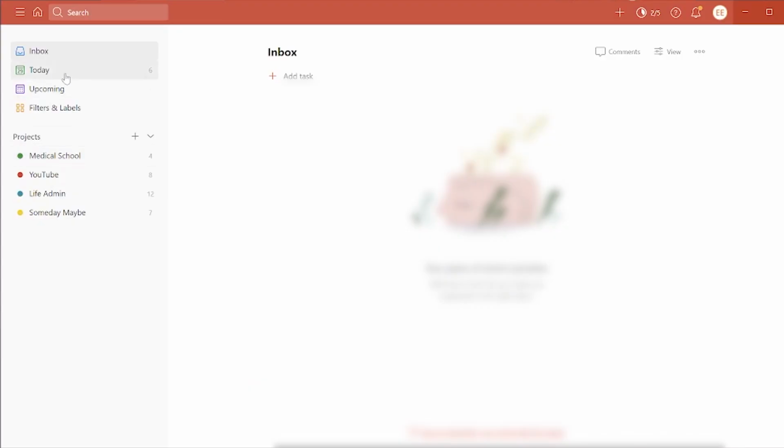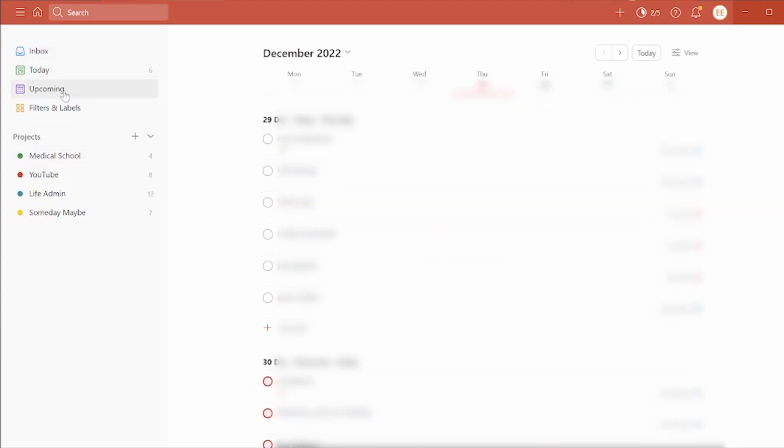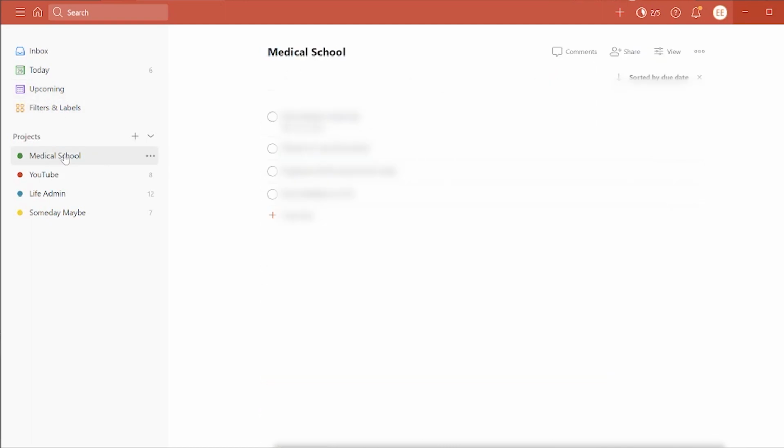I find that this feature completely sets Todoist far apart from all of the other to-do list apps that I have ever used, because I think the most important part of a to-do list app is to be able to add everything into it whenever you need and whenever you think of it. As a result, I find that it's super effective at clearing my mental clutter, and it also has a projects feature which allows me to create projects for each of those separate areas of my life that I've been discussing